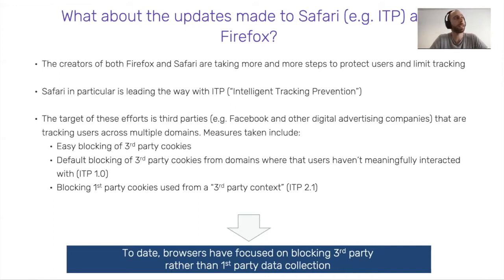Safari are specifically targeting third-party tracking, so putting in place measures to stop third parties collecting data, notably Facebook, from users across multiple domains. So I think these were the browsers that first gave users options to easily block all